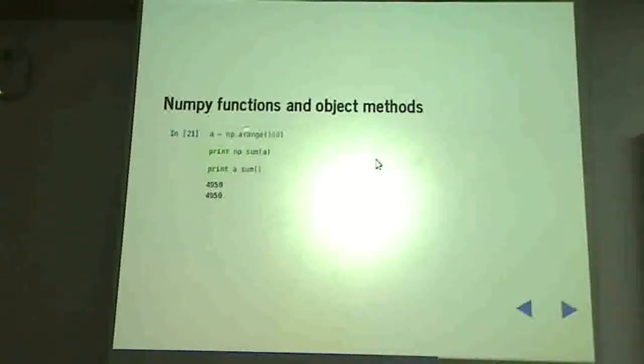Okay, so what have we done? We have created an array from 0 to 99, and we have asked to compute the sum of all elements of that using the sum function of NumPy, and we have also used the sum method of the object a, and got the same answer. Okay. These two are equivalent. In fact, the way Python is arranged, the code for this is also identical. Okay, it's not that they have written the code 2 times and it gives you the same answer. It uses the same code.